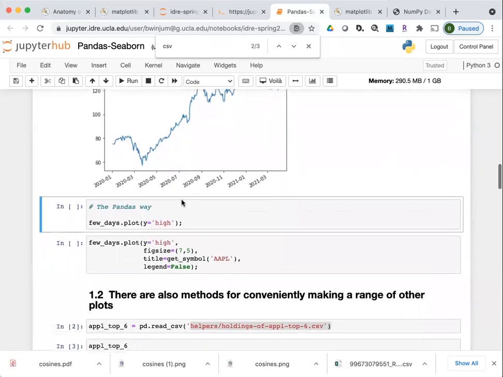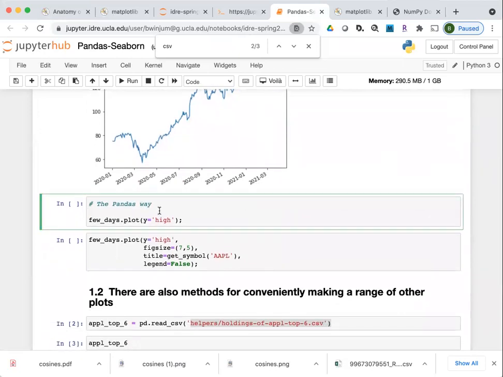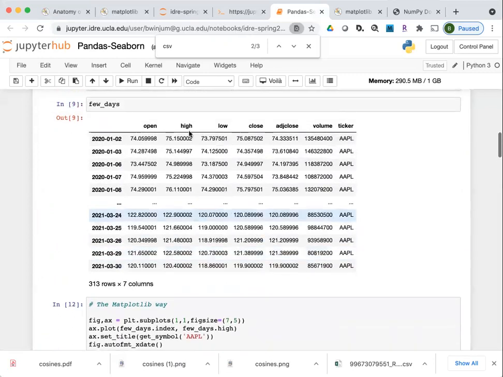Pandas generates a graph like this just by calling plot on the data frame itself. The data frame is a pandas object, which itself has methods, and one of the methods is plot. This will generate the graphic. Then I specify that I want y to be this particular column from the data, and the name of the column is high.